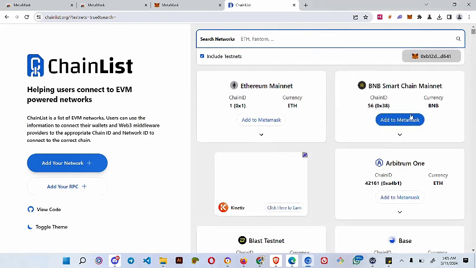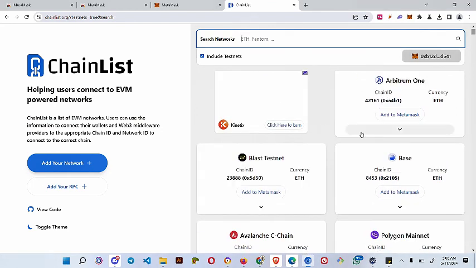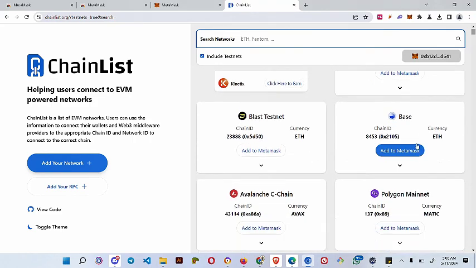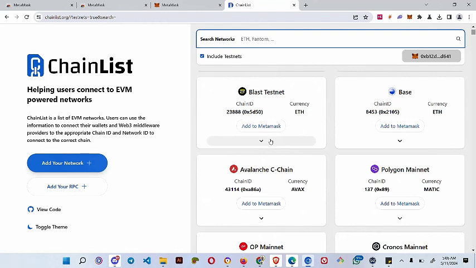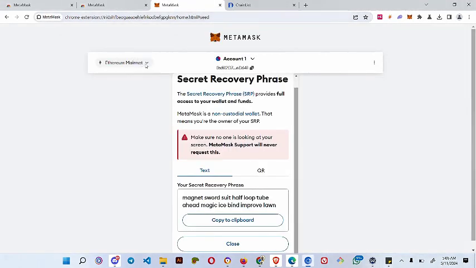We don't add Binance matching. You can also add Arbitrum. This is Arbitrum One. You can also add Linea, Base and the likes. Like I talked about testnet, you can also add zkLinea testnet. You add it and you request for their test tokens and you use it for whatever you want to use it for. So without wasting much of our time, let's go back to our